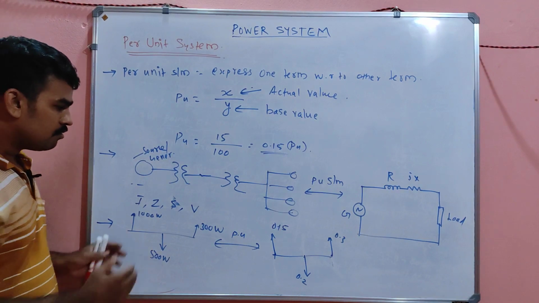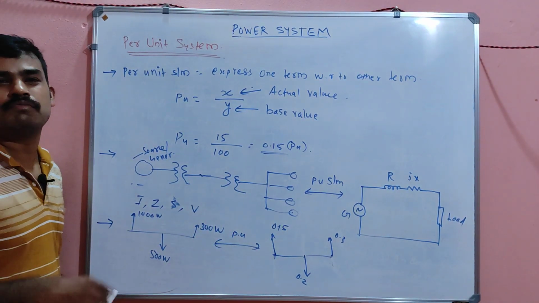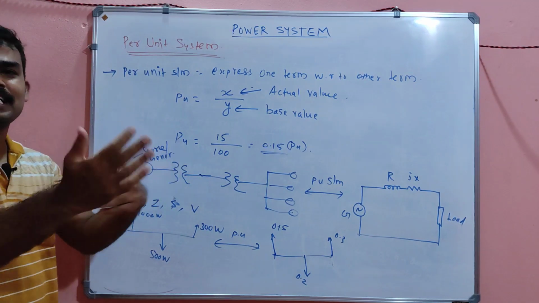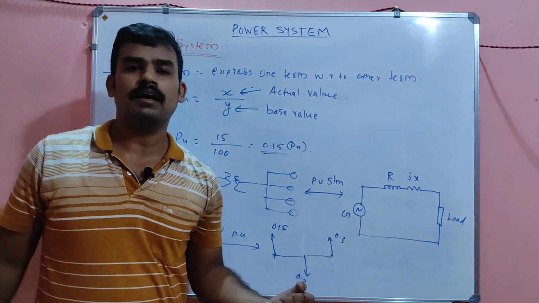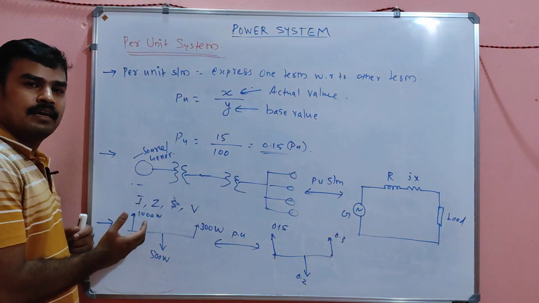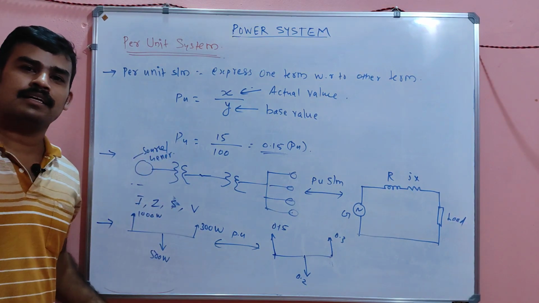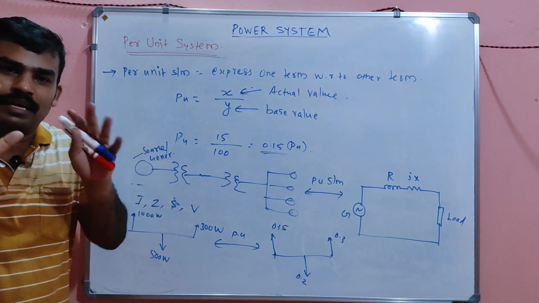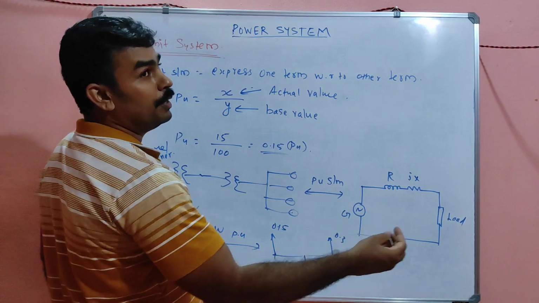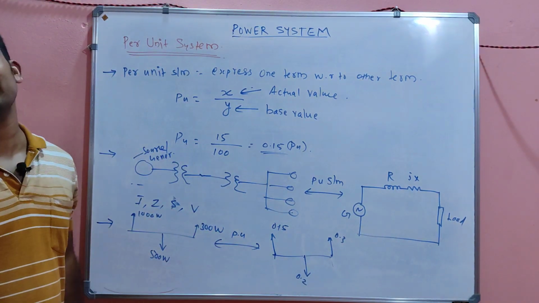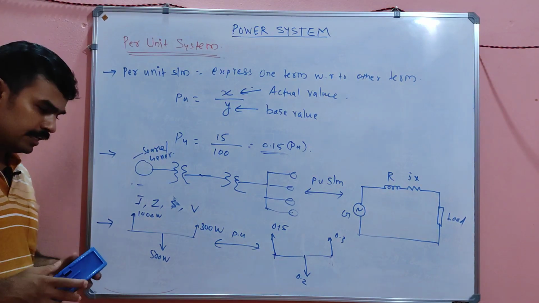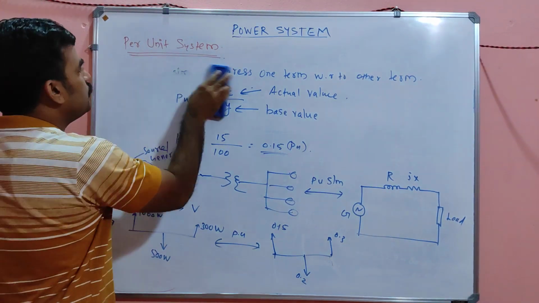And next, the quantities dealt with in the per unit system are very small, like 0.3, 0.15. So addition, subtraction or calculation among these small quantities is very easy. It's not like 100 MVA, 200 MVA, 500 MVA, 3000 kV, 500 kilowatt or 10,000 kV, not like that. It is simple, in point form. So you can easily calculate everything. That is another advantage of the per unit system. Okay, is it clear, my dears? Is it clear? Okay, so in power system,